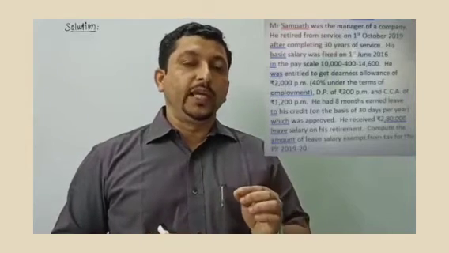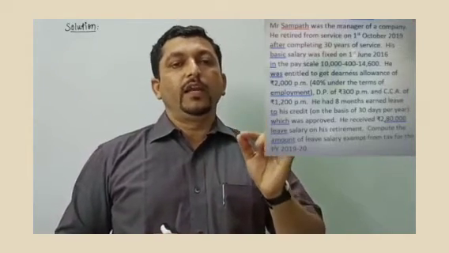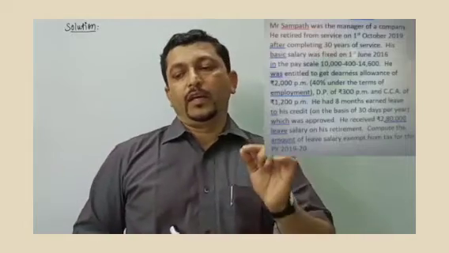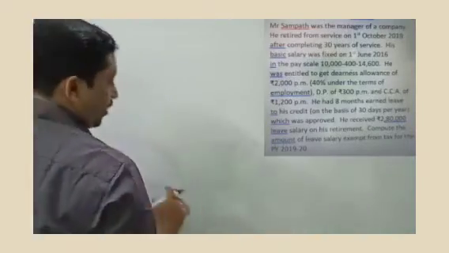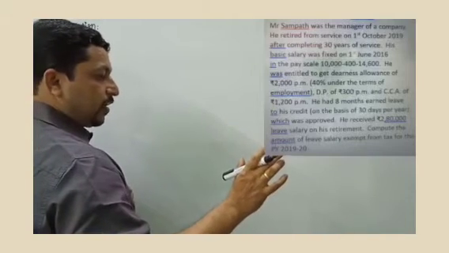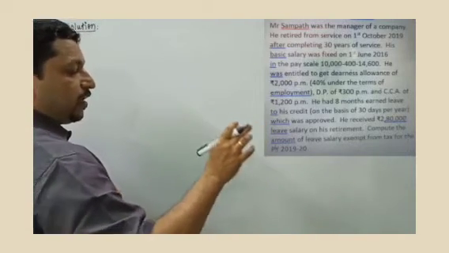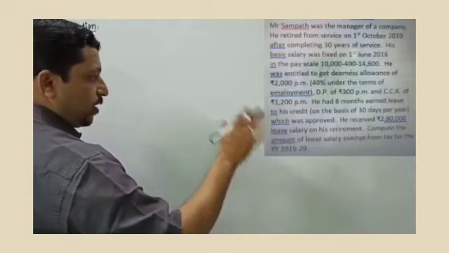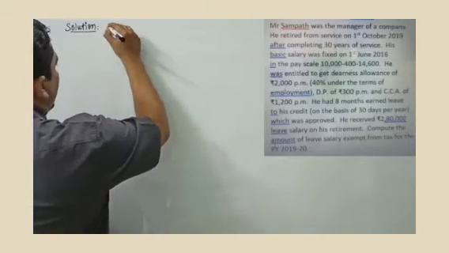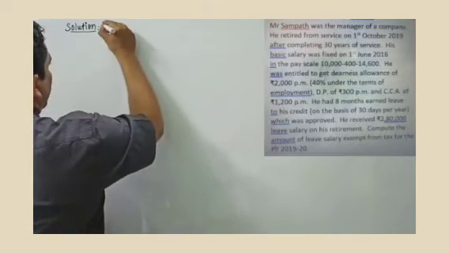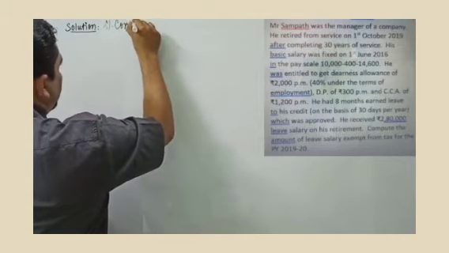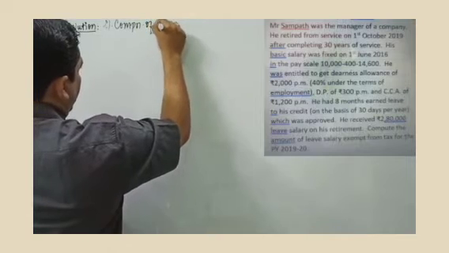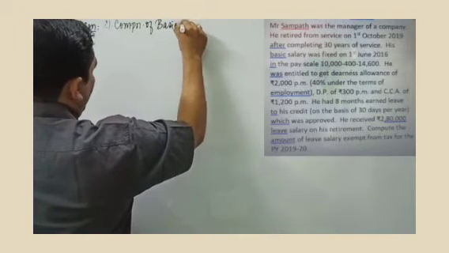It's given his basic salary was fixed on 1st of June, meaning each year he will have an increment of rupees 400 in the month of June. So our first thing to find out is his basic salary for the year in consideration, that is 2019-20. I will record note number 1, computation of basic for